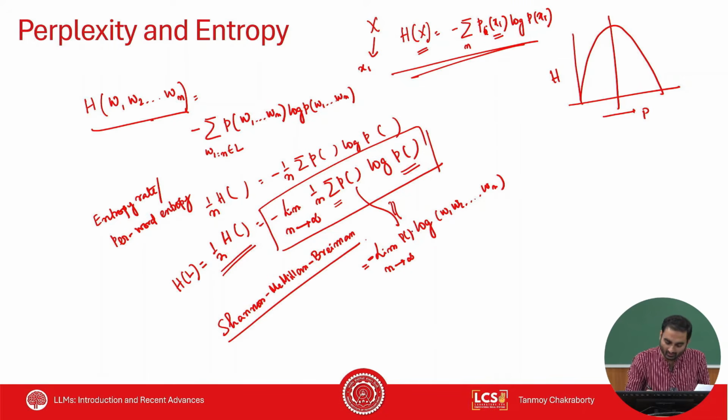I will also assume that the probability of this sentence is 1 by n. Now if you are not convinced by this, I strongly suggest that you go through this theorem and understand it. It's a very standard theorem in information theory. So this boils down